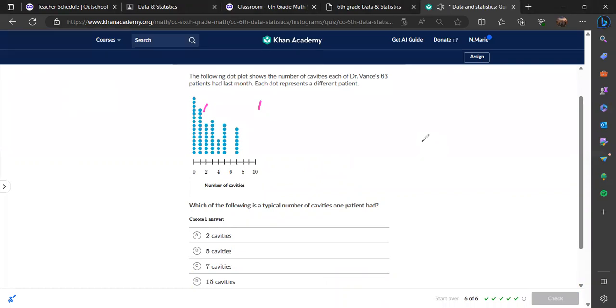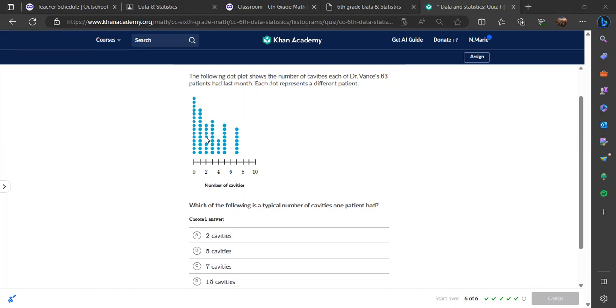Which of the following is a typical number of cavities one patient had? So you can see number of cavities for one patient. So this is 63 patients in the past month. They want you to find a typical number, so like the average. So you can see that there's so many of them. I guess we can count them. That probably would be easier, but it looks like